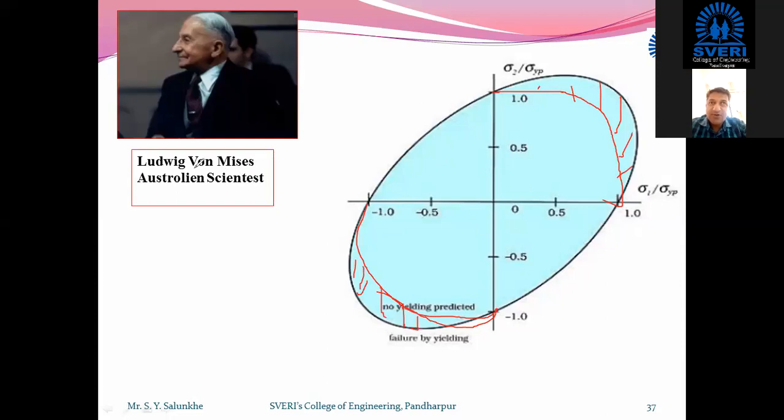This theory is also called the von Mises stress theory, because von Mises was the Austrian scientist who discovered this theory. That means he just compared the equations. Okay, the results which he got, he plotted on the graph. And after conducting experimentation, it came to be known that failure occurs near the areas of this curve.